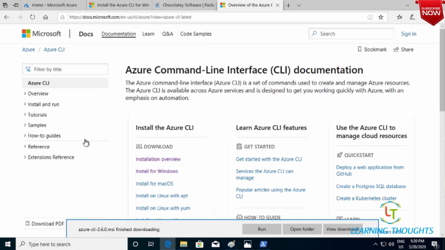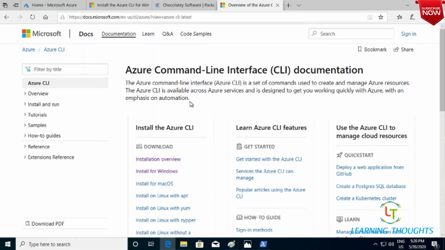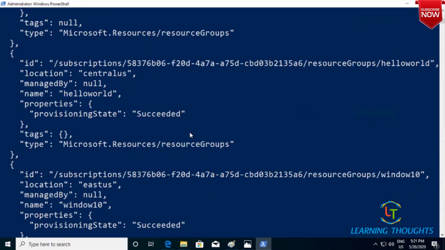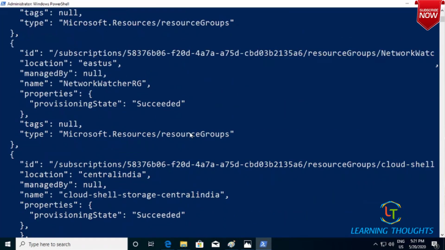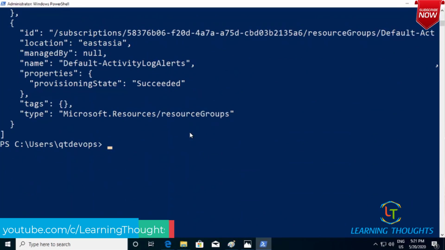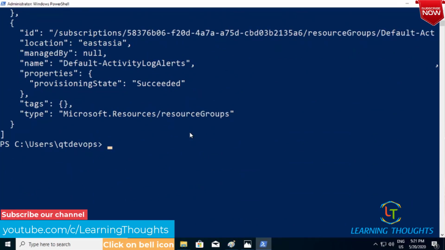This is a very elaborate documentation, and for doing anything on Azure CLI, you need not know anything beyond this. So now if you go over here, you get some of the details. Now let me try to execute a simple command called az group list. This command should either give me some return value, or it should not throw an error saying that it doesn't know who I am. That is the only thing you need to verify at this moment. This is how you set up Azure CLI.